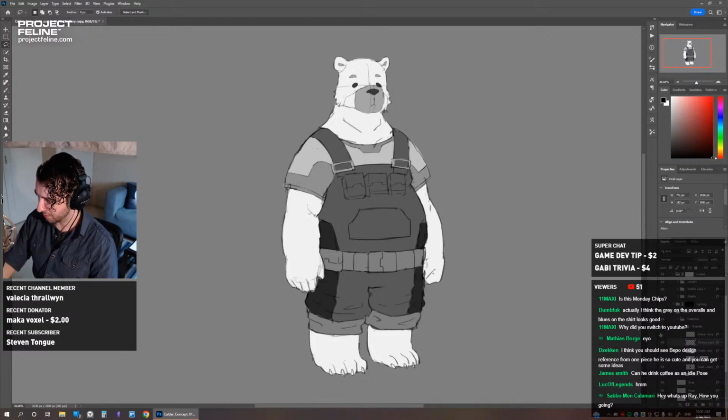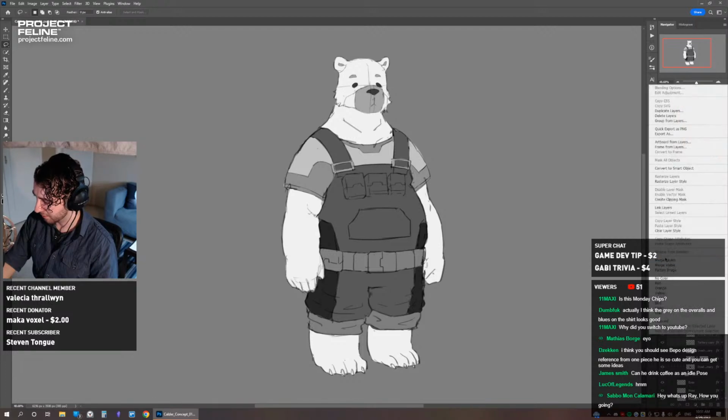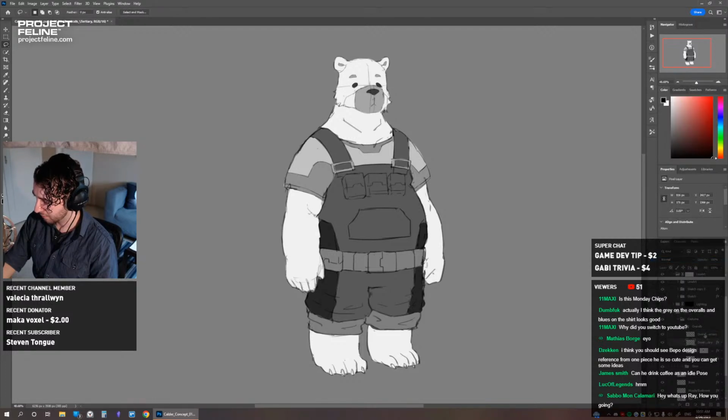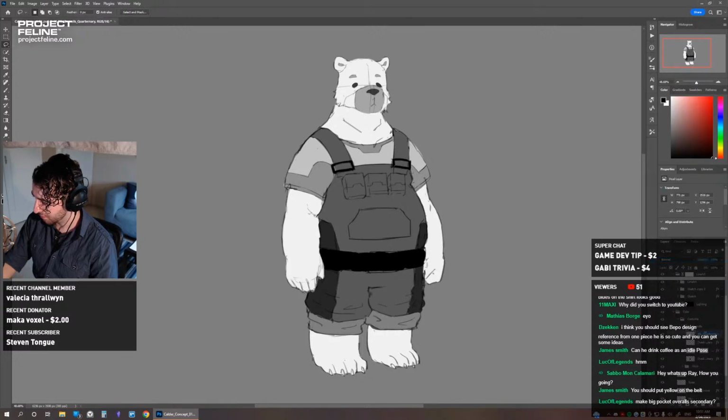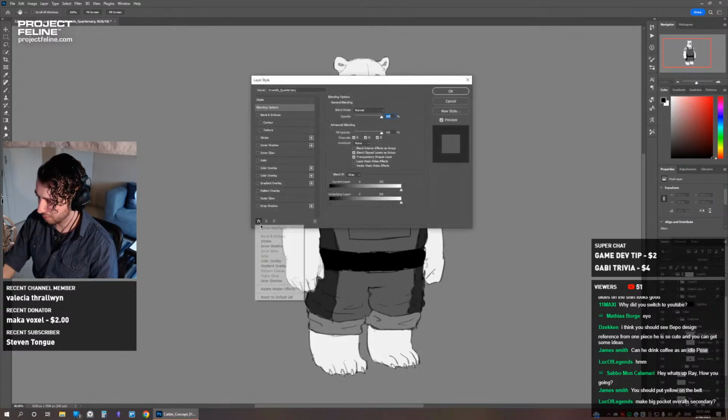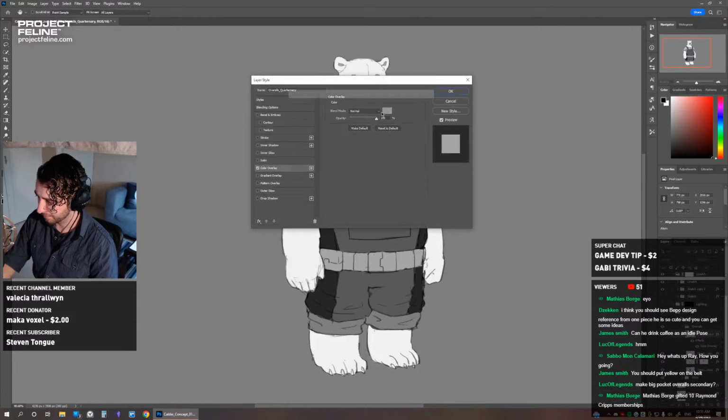I'm just thinking what color this should be. I think maybe I'll make those the same color. Oh, I just want to get rid of the... So I'm going to merge these. And I'll make this just this color for now.